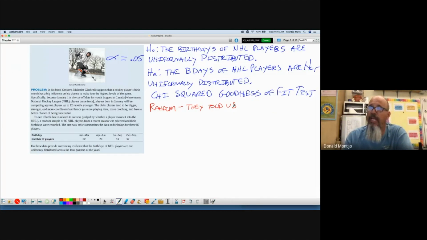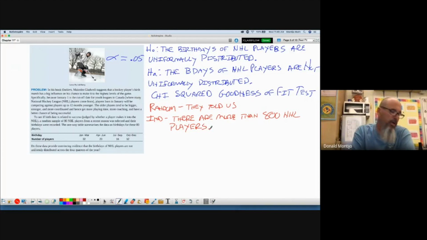Since our sample was 80, then for the independents, there are more than 800 NHL players. I don't know the answer to that, but that's the assumption we have to make for the 10% condition. Okay? And then for the large count